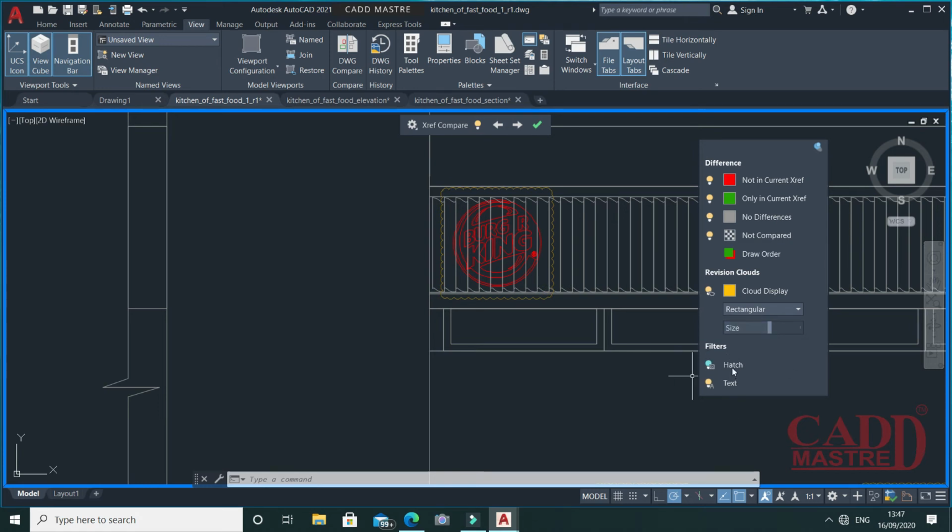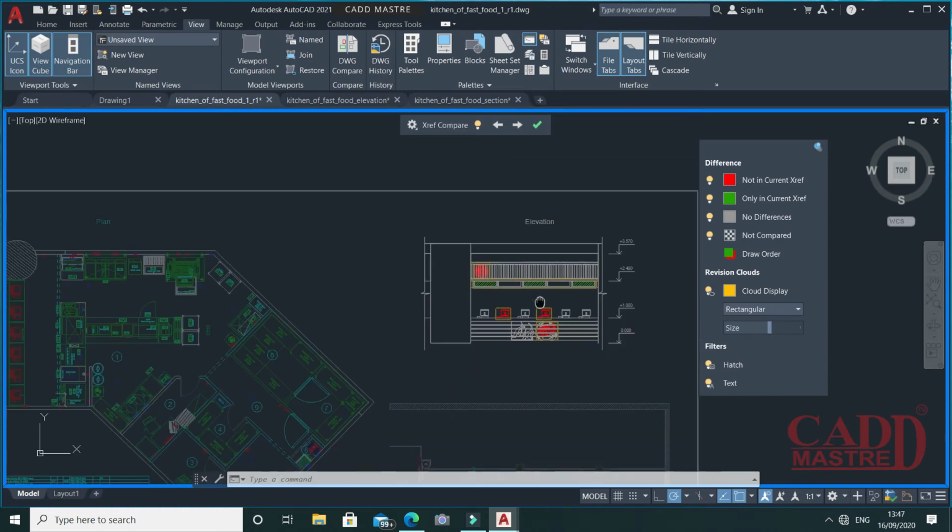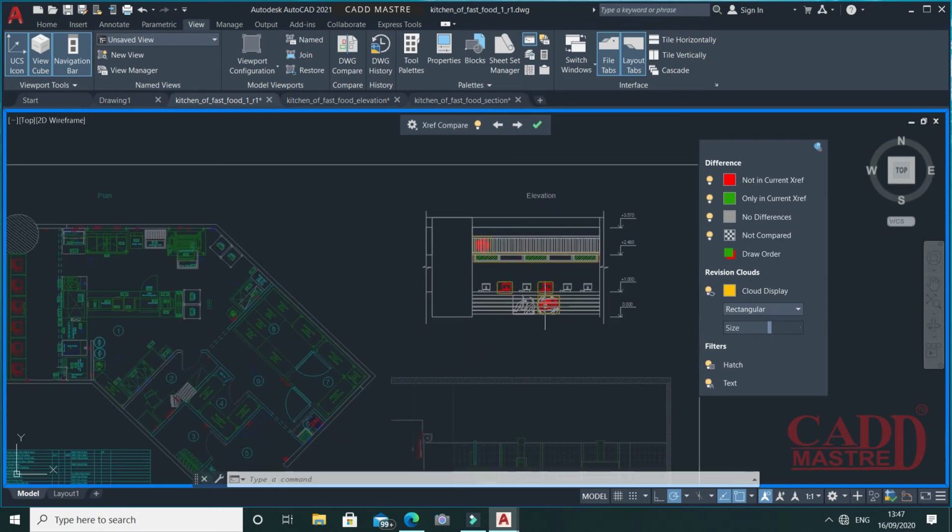Under filter, you will find the hatch and text options. If you toggle on the display of hatch, you will find the hatch we made in our reference drawing. If you want to make it disappear, just turn it off. So in short, whatever changes you make in your reference drawing will be highlighted with different color coding, as well as the clouds and the filter options.